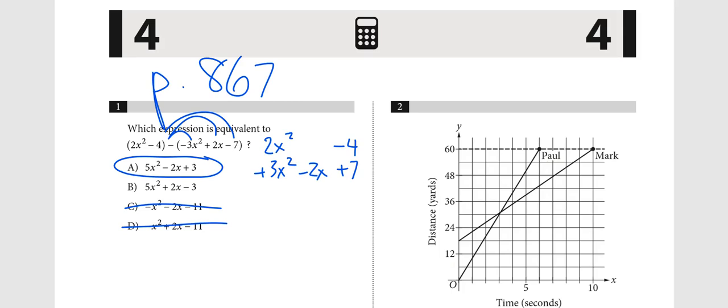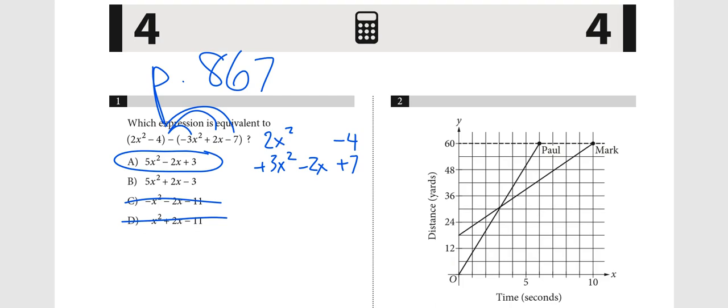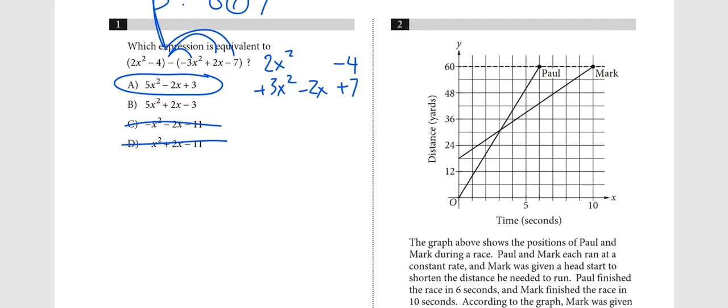So question 1 was pretty straightforward. Just distributed the negative and added like terms. Question 2, the